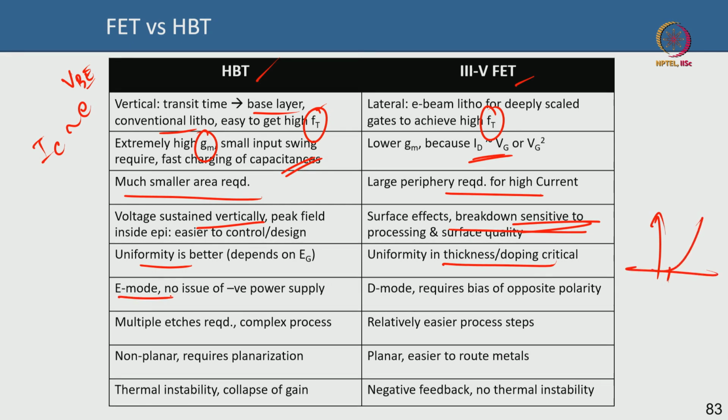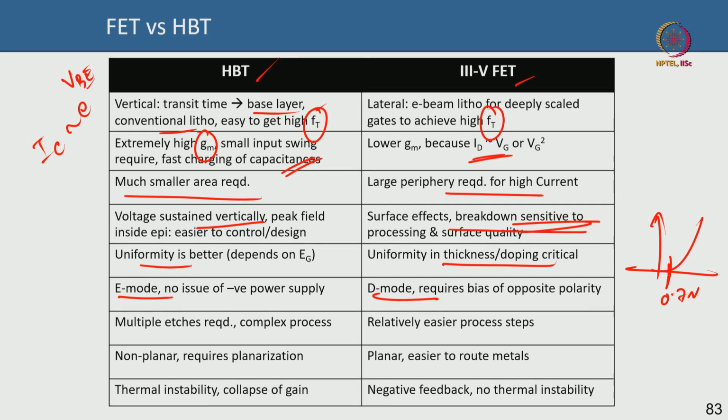In HBT you have a default enhancement mode device because the diode turns on at a particular, say, 0.7 volt. But many of the compound semiconductor FETs are actually D mode, so you need a negative supply. That's a headache, and it's not very trivial to make an enhancement mode unless you are a silicon